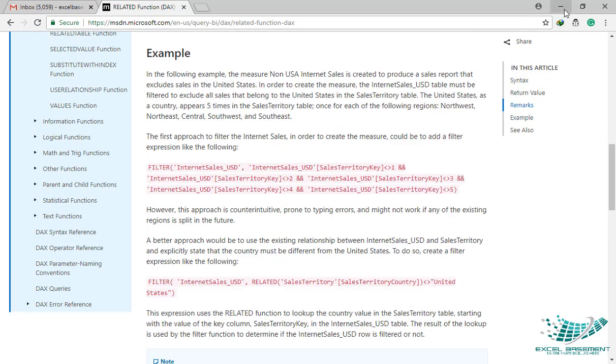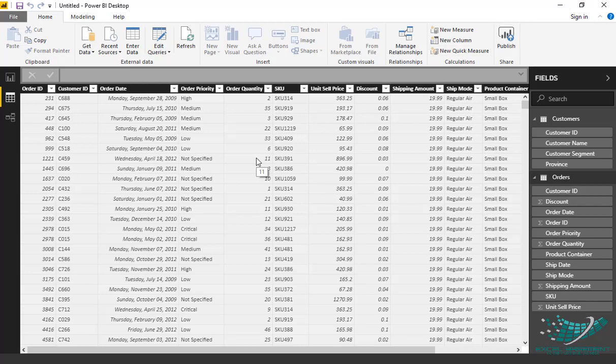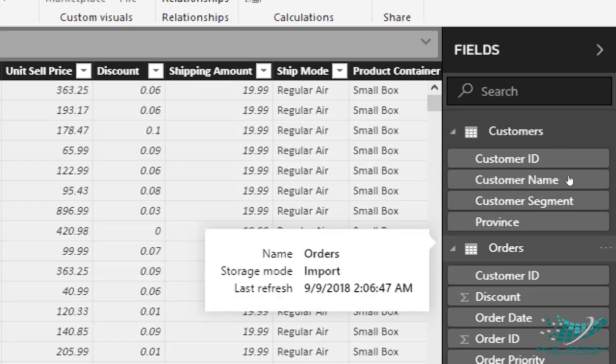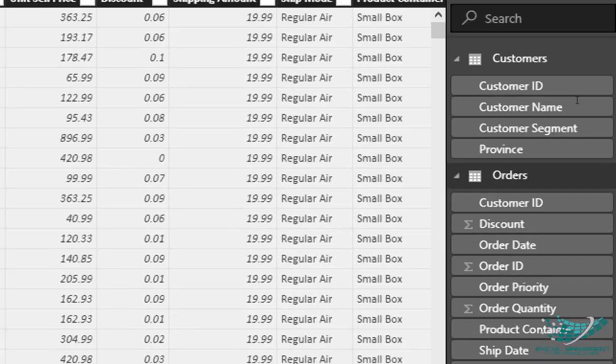Let me explain in a very simple way. Here on the right side in the fields pane, you can see that I have two tables, one related to the customers and the second related to the orders, right? In the customers table, I have the customer ID and the customer name, which is a unique primary list that the business maintains for its records.